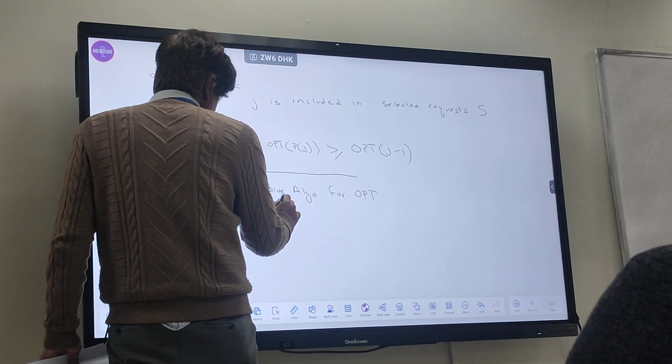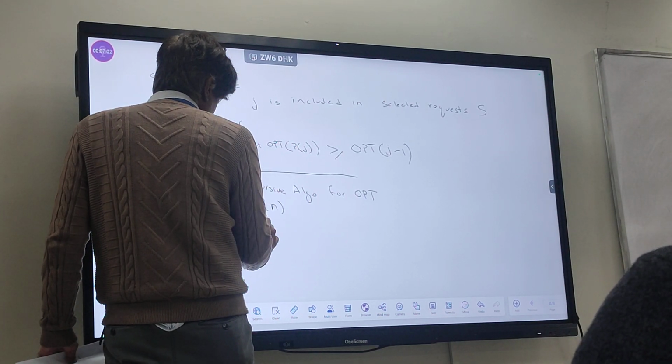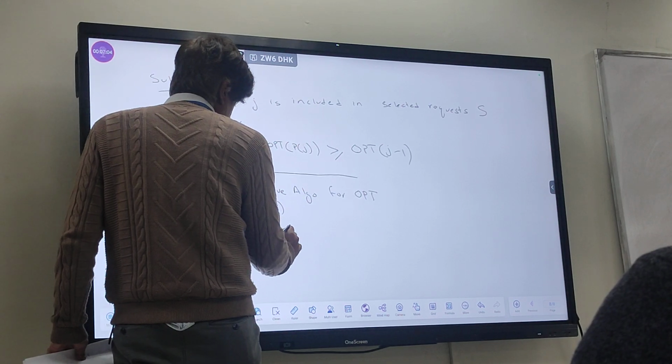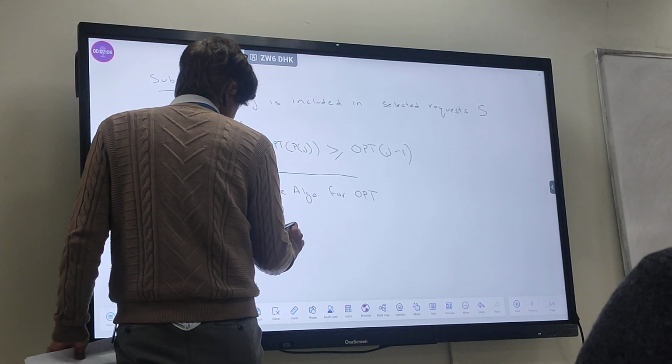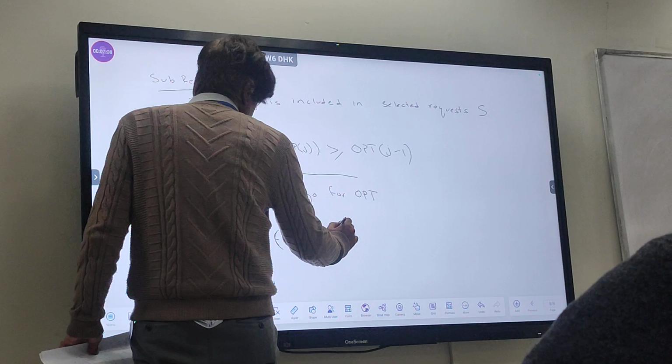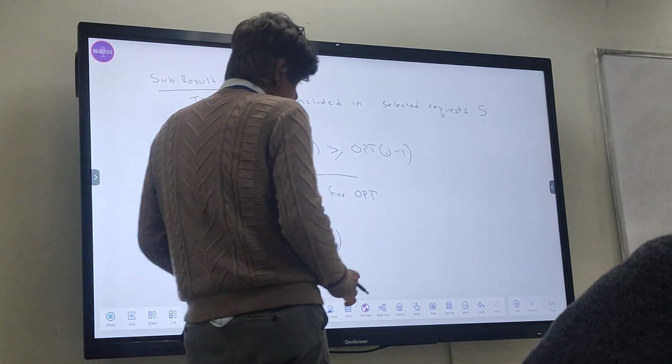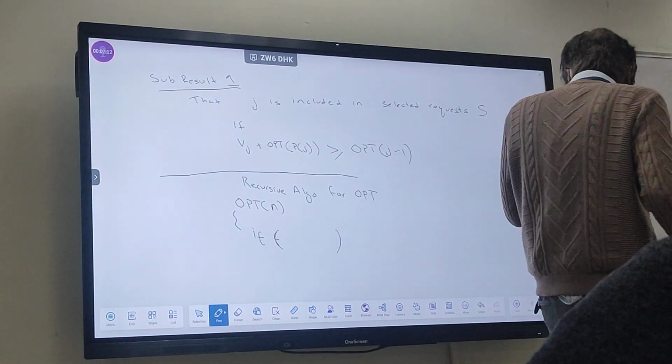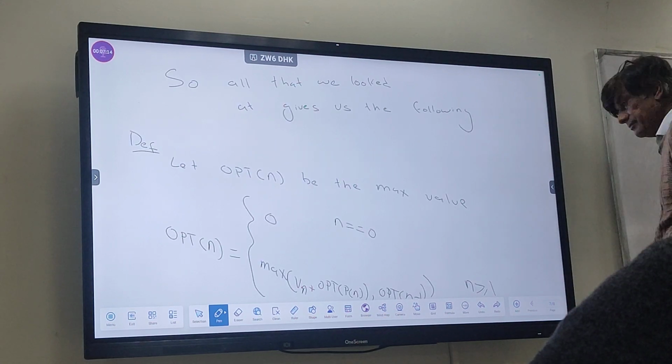So you will use that equation to write your recursive algorithm. Opt of n: if n is equal to 0, then return 0.